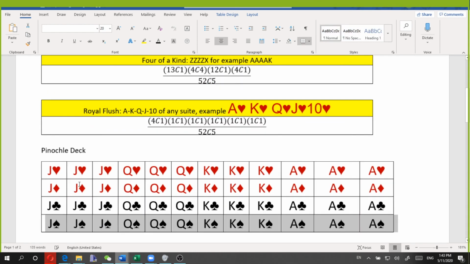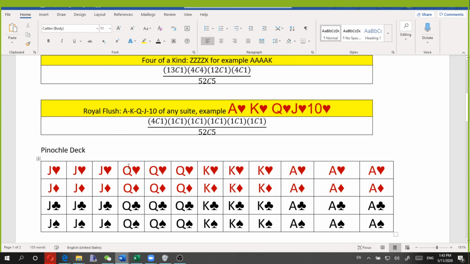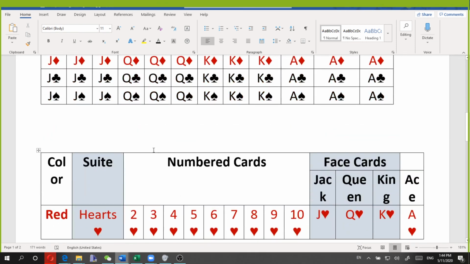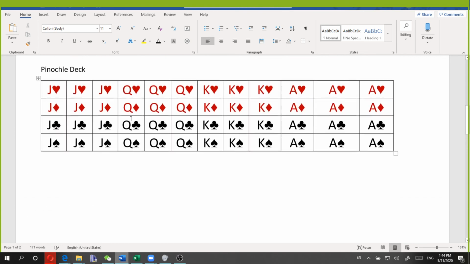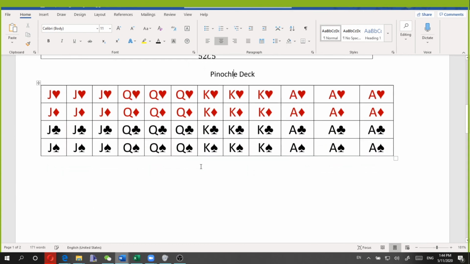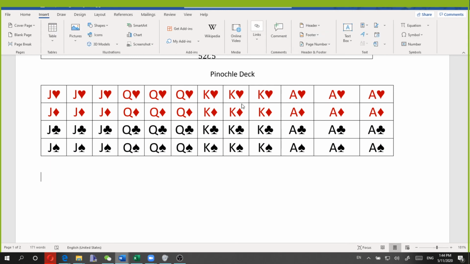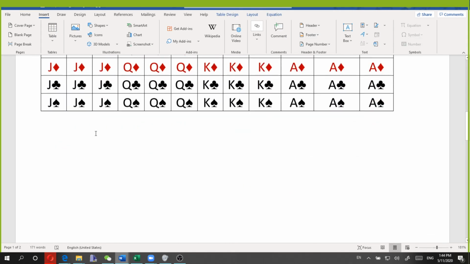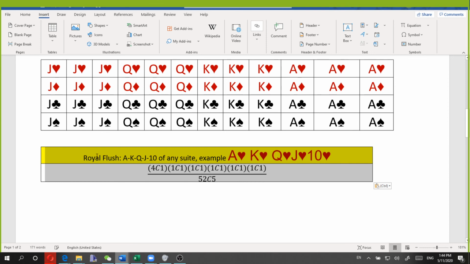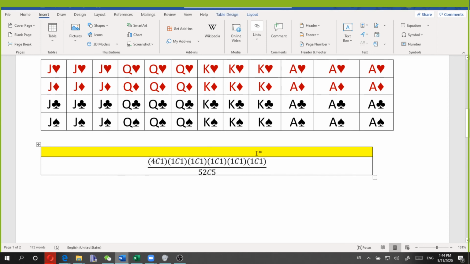Okay, but just like this. So, Pinnacle Deck is a 48 card deck where you've got 3 of every card, but you only have jacks, queens, kings, and aces. Okay, if we had a Pinnacle Deck, then I want to know, what is the probability that you would get ZZZ. So 4 Z's, XX, YY,